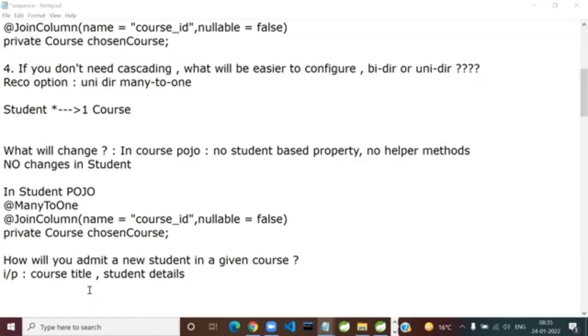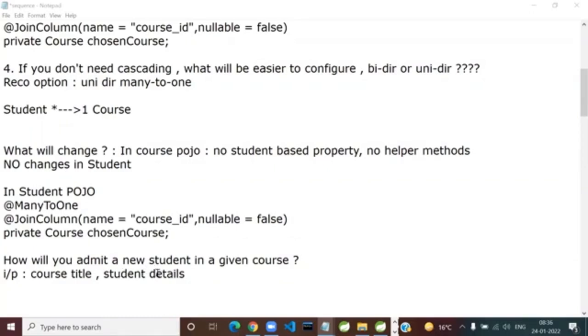Course title, JPQL. So by the fourth day or fifth day, I don't know, fourth day or whatever in Hibernate, those basics should be clear. Are you clear on those basics? Did you understand what I said? If somebody gives you title, fire a JPQL and get single result. If somebody gives you a course ID, fire session.get, do null checking and go ahead. So that basic clarity I do expect on fourth day or whatever day.